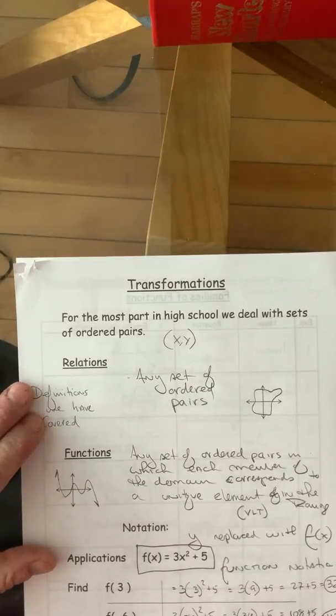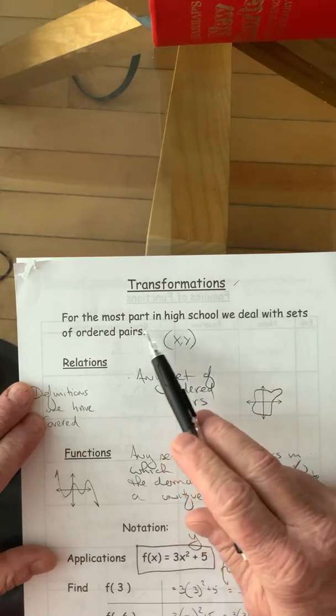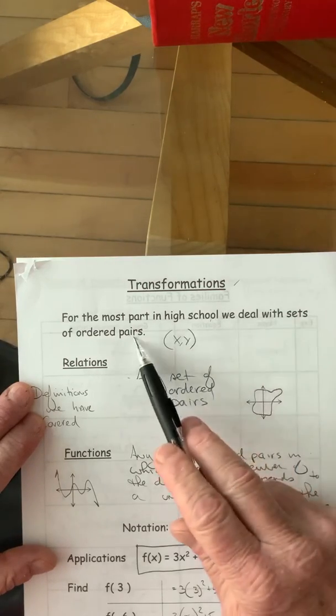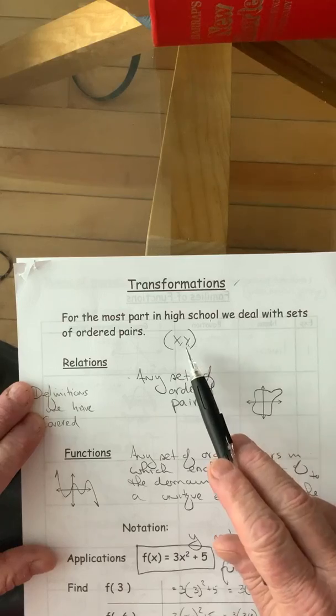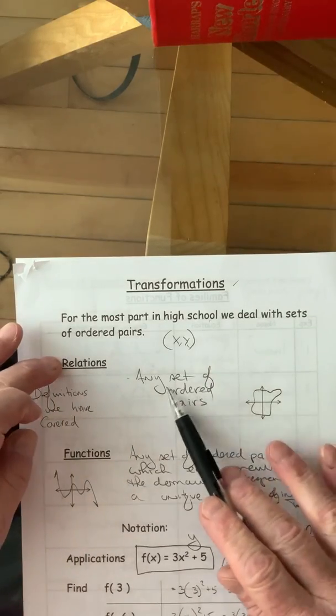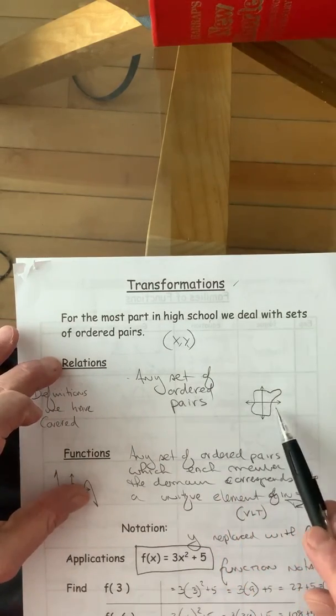Hello, this is an answer sheet for the first worksheet on transformations. I'm quickly going to go over the first page because we have already done it. For the most part in high school, we deal with sets of ordered pairs, x and y. They can be defined as either a relation, any set of ordered pairs in which you can draw any closed shape,